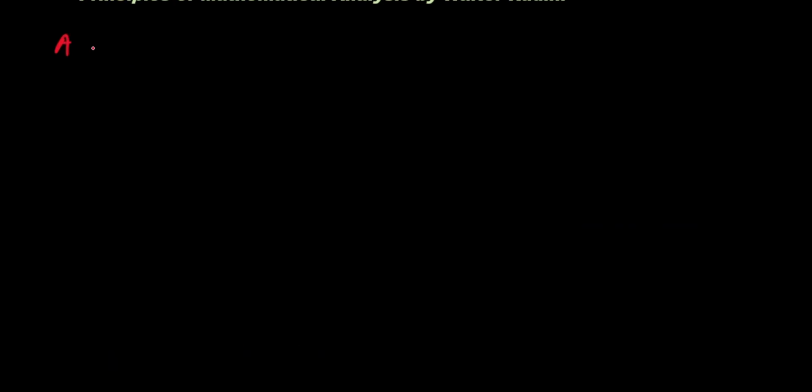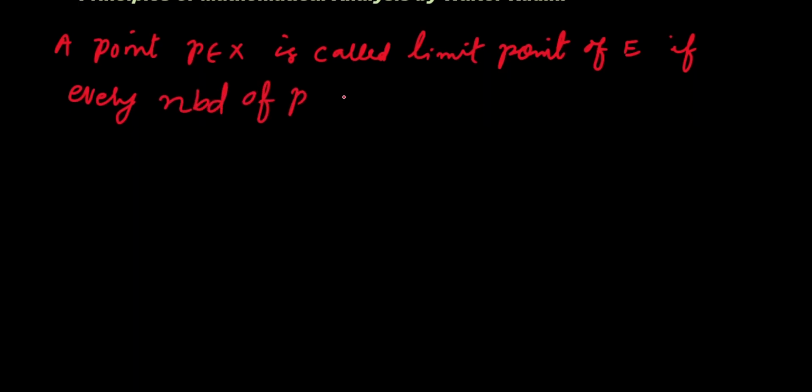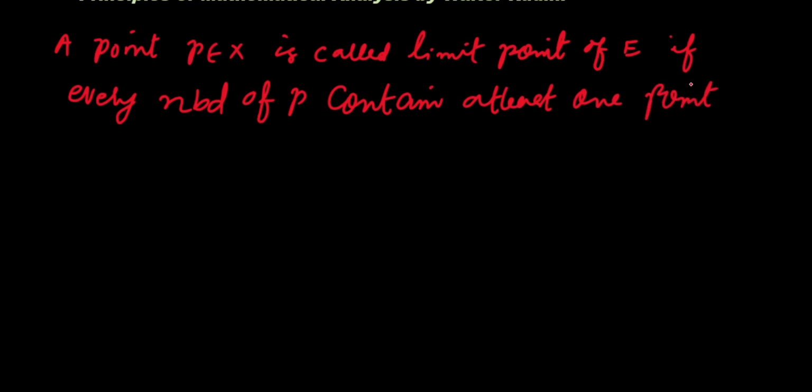A point P from a metric space X is called a limit point of set E if every neighborhood of P contains at least one point of E other than P,